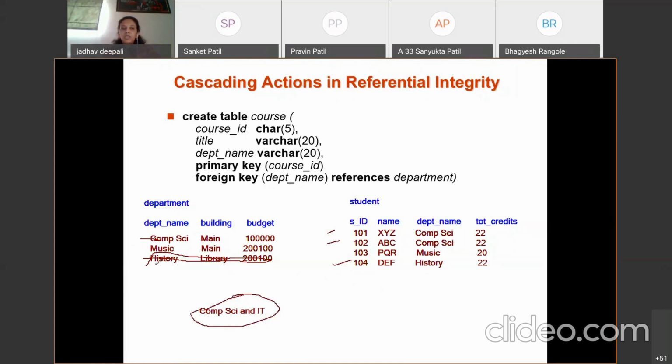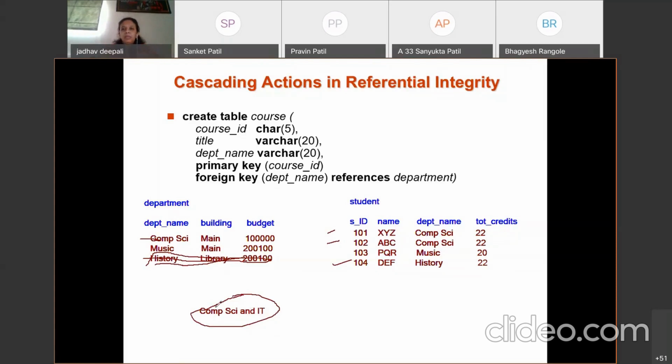Similarly, if I want to delete this particular row, the history department, it will not be allowed in the common case. Why? Because there are students with this history, maybe some instructors, and there may be courses with the history. Now, how to solve this problem? Have you understood what problem may occur?